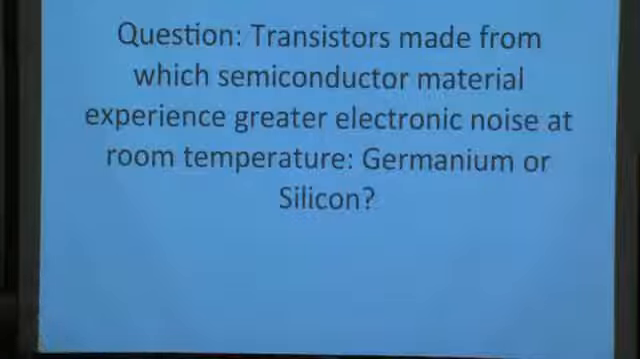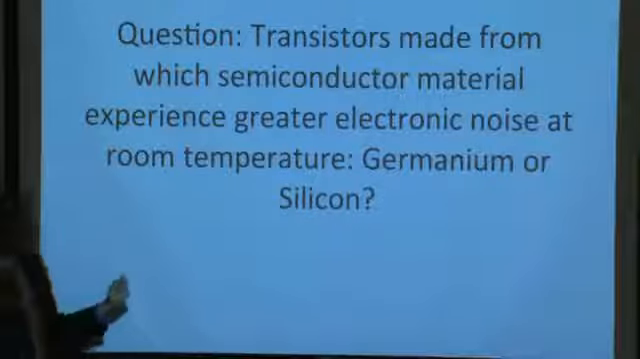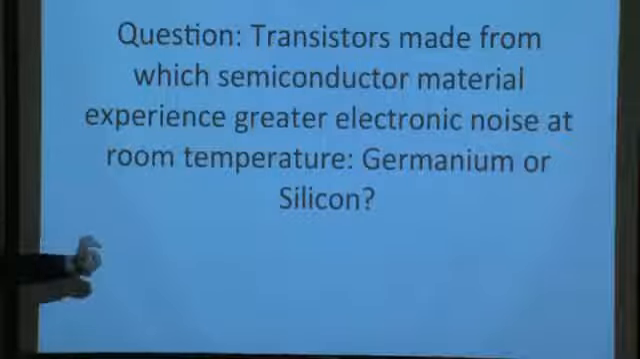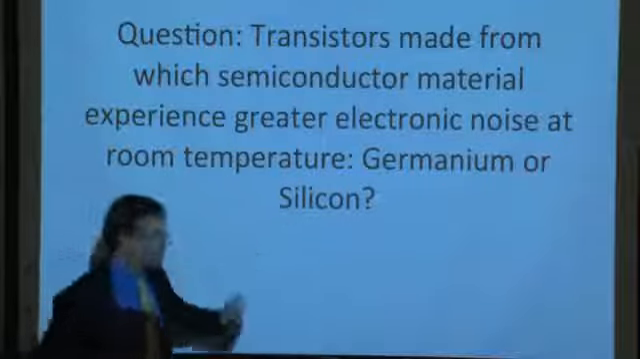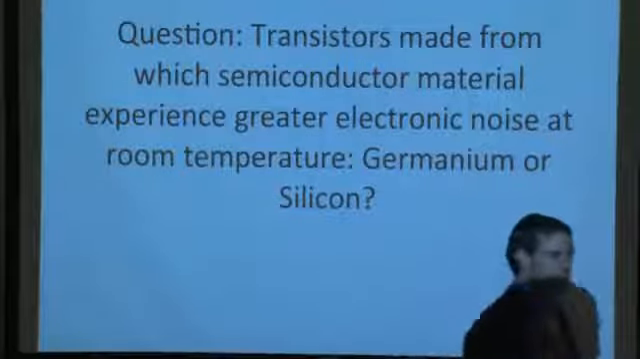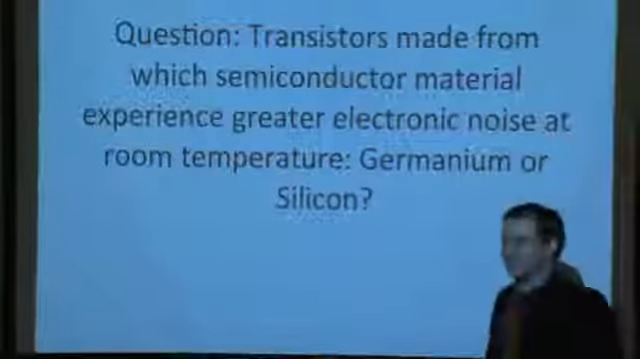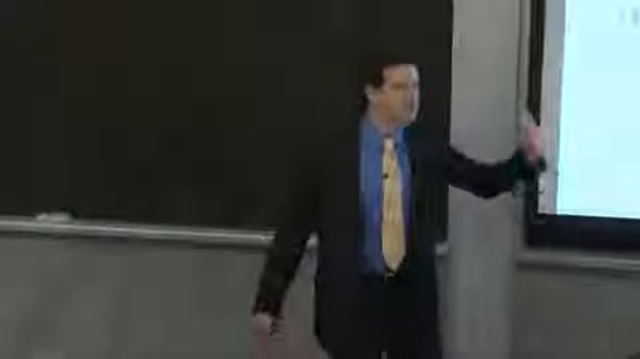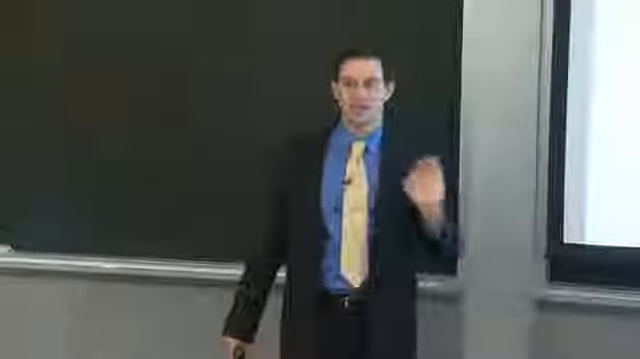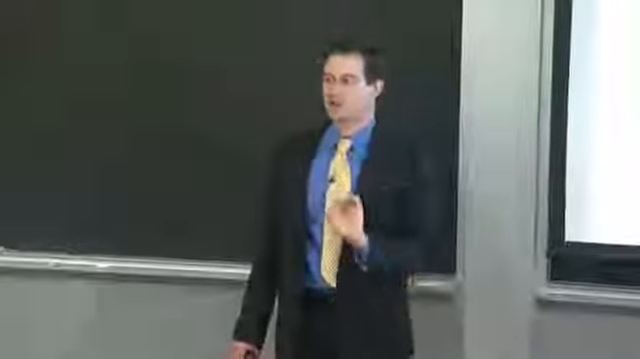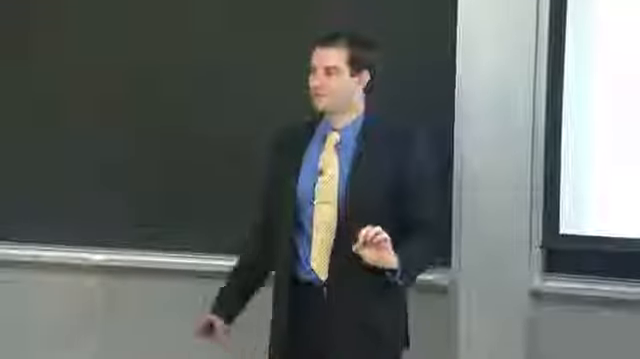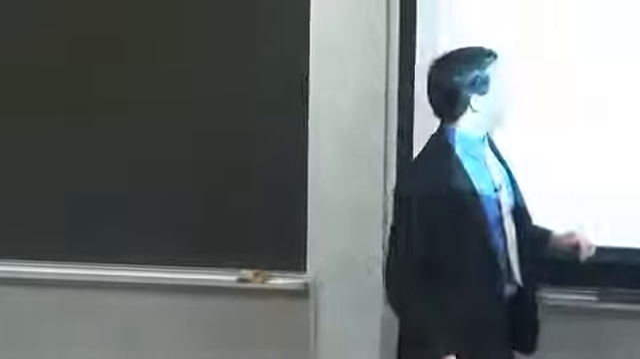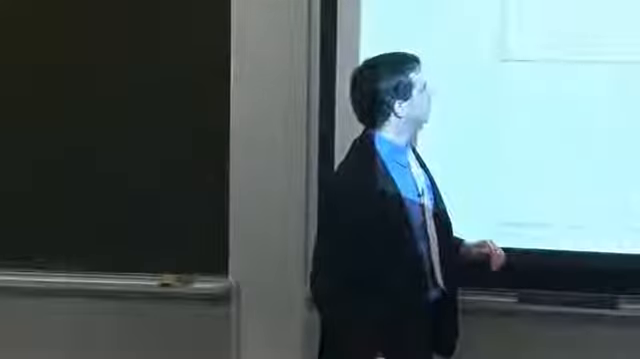Transistors are made of what semiconductor material to have less electronic noise? Okay, so what semiconductor material, germanium or silicon, would experience less electronic noise at room temperature? And let me give you a hint. Silicon has a band gap of 1.1 eV. Germanium has a band gap of 0.67 eV. Which of the two is going to have greater electronic noise at room temperature? Germanium,